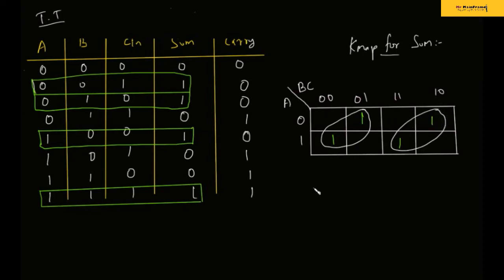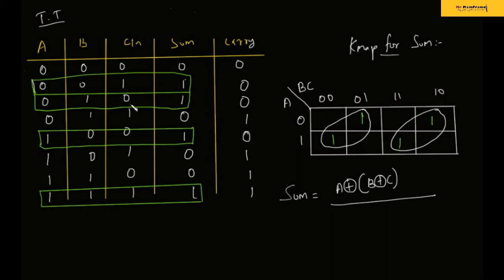Now if we have a group in the diagonal form, you can come to the conclusion that the sum is nothing but, this is the form that indicates the XOR operation. So it means that A is XORed with B XOR C. You can make brackets for A XOR B XOR C, associative law. So that is what is happening here.